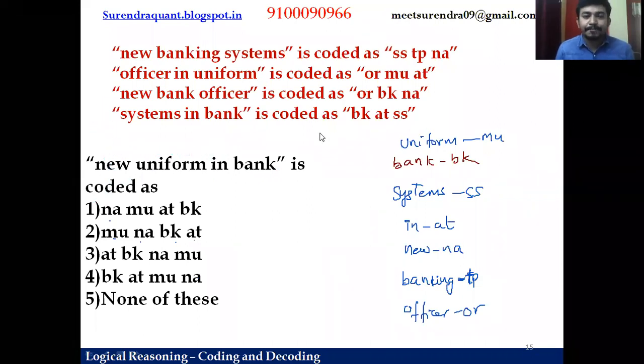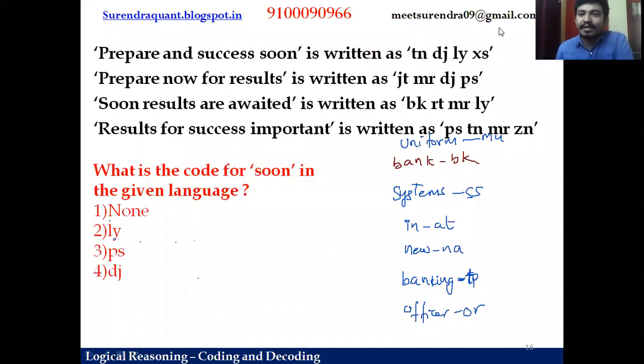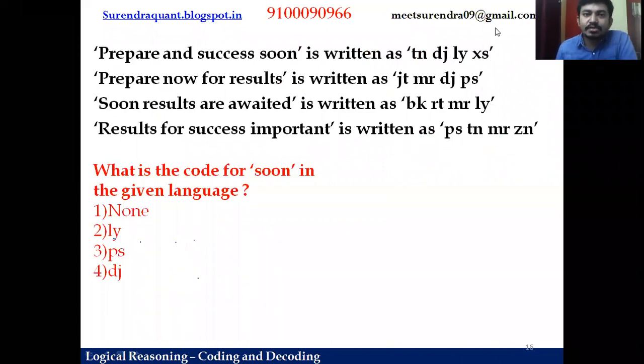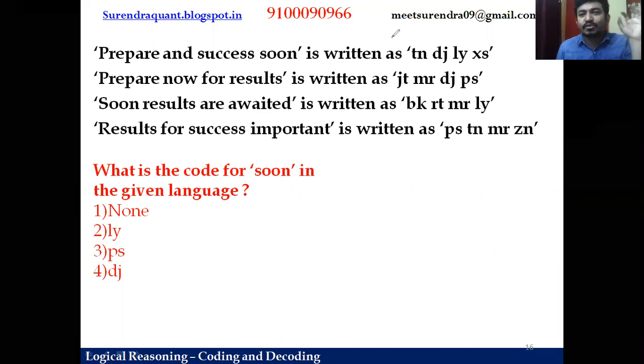Next. So we have yet another question. This question I'll discuss and then I'll stop, because it's the same model, right? To make it perfect, we'll try to give at least 2 to 3 examples for each question. So here you have prepare and prepared, and the common word is DJ. So we can write prepare as DJ, right?